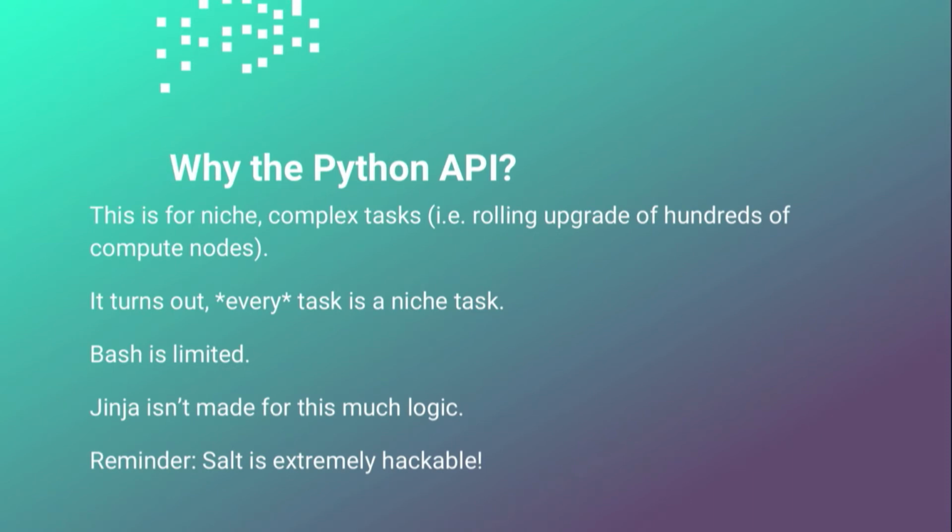So the Python API. Why do I need to learn another set of APIs to get my job done? Can't I just do this in Bash? Can't I just use Jinja? Jinja is the default templating language in this. Yes, you could. You want to reach into the Python API when you develop very specific niche use cases. And as it turns out, what I've learned over the years is every job is a custom job. So every case is going to be a niche case. So there are plenty of opportunities to make good use of this Python API to get the job done.